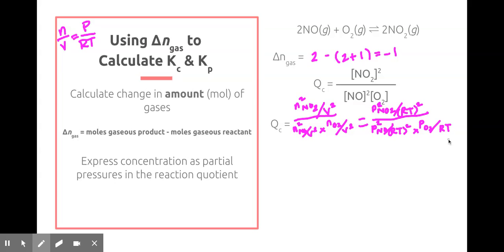So if we then simplify this a bit and we